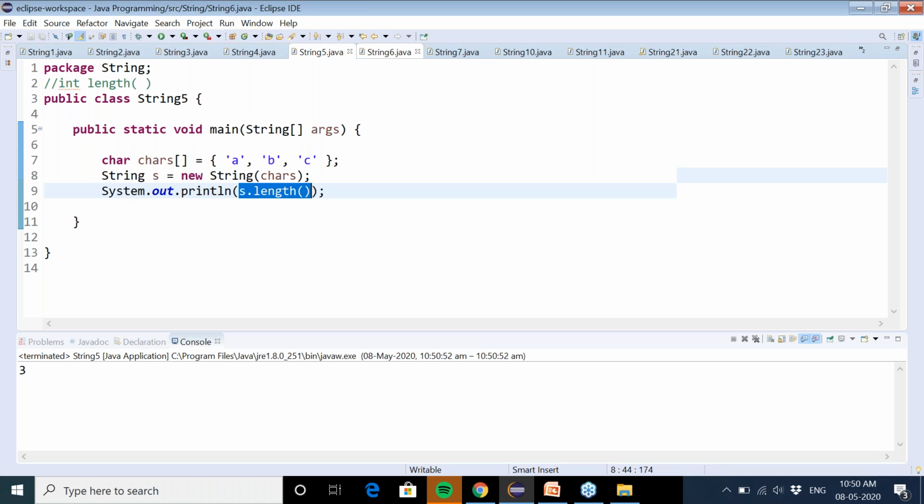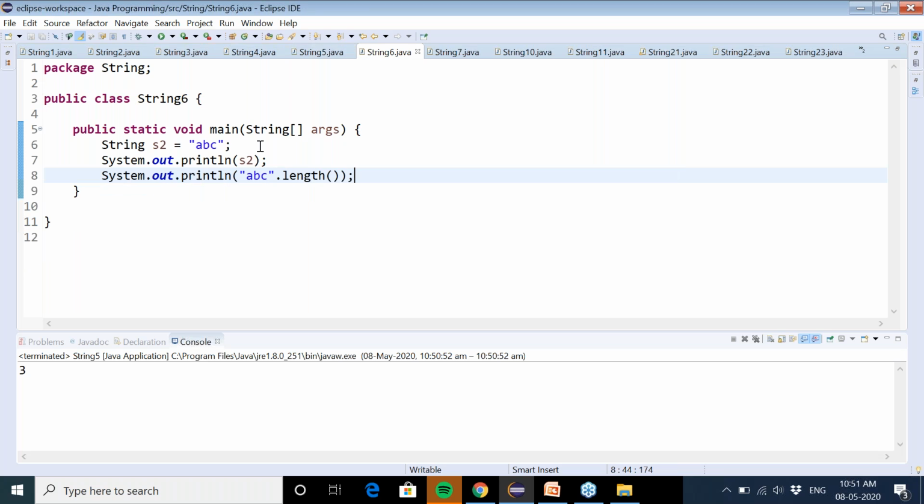And you can even call the methods of the string class on the string literal directly, as shown over here. So abc is a string literal, and you are invoking the length function on it. This can also be done. And if I change the value of this, you will get the result accordingly. So now the number of characters is 8, including space.